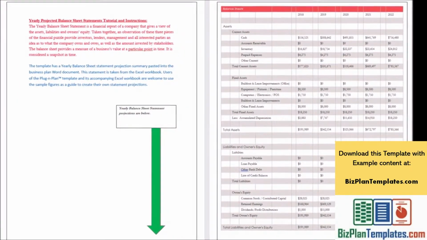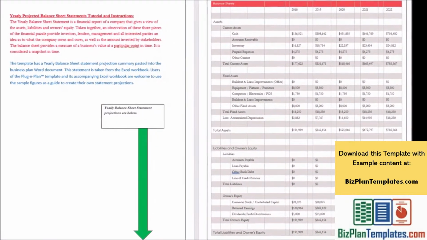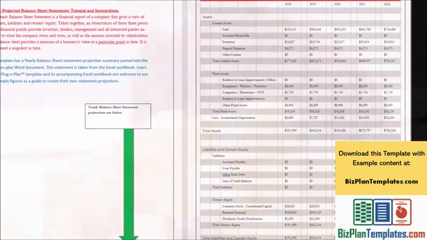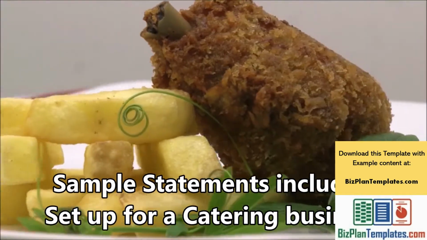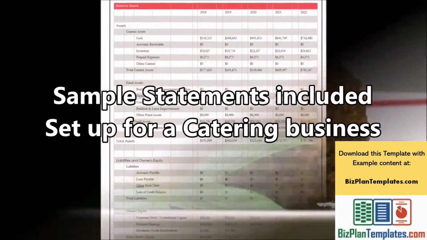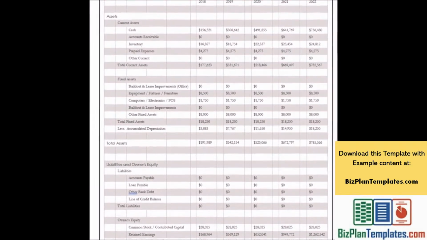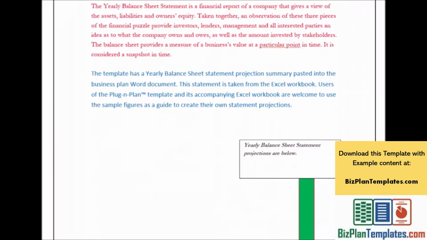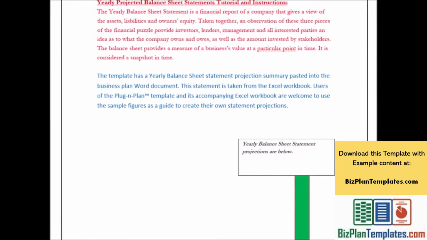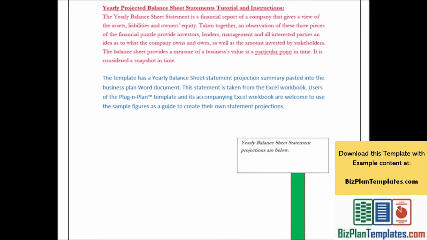Yearly Projected Balance Sheet Statements Tutorial and Instructions. The yearly balance sheet statement is a financial report of a company that gives a view of the assets, liabilities, and owner's equity. Taken together, an observation of these three pieces of the financial puzzle provide investors, lenders, management, and